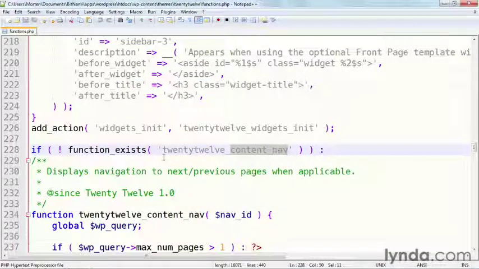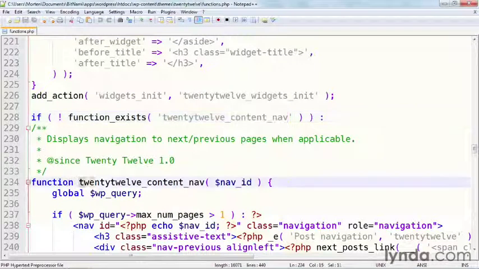Here it is. You'll see that the function down here is wrapped in a conditional statement that tests whether or not the child theme already has this function defined. So all we need to do is create a new function in our child theme functions.php file, and that one will automatically override the function in the parent theme. So I'm going to copy the start of this function here,